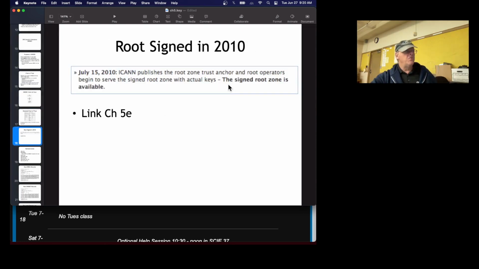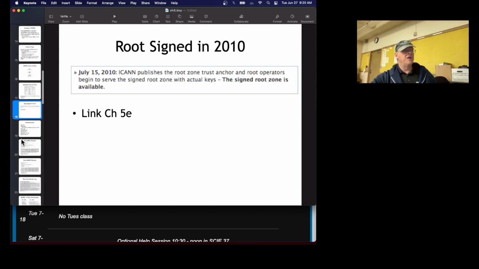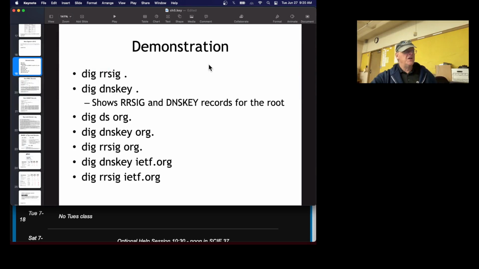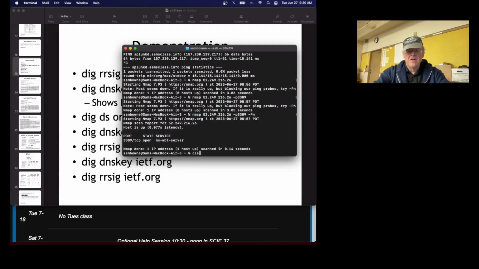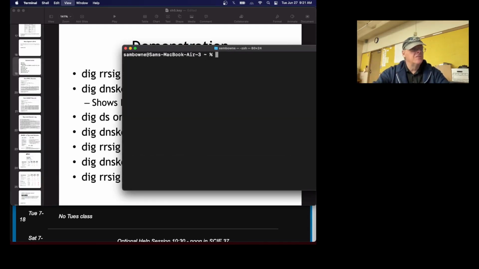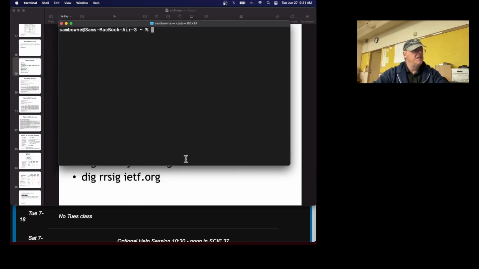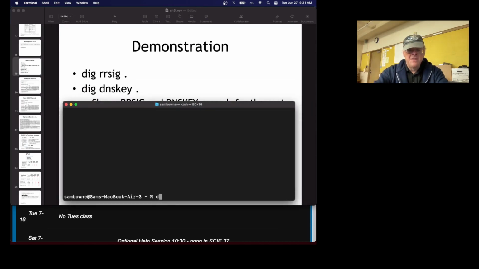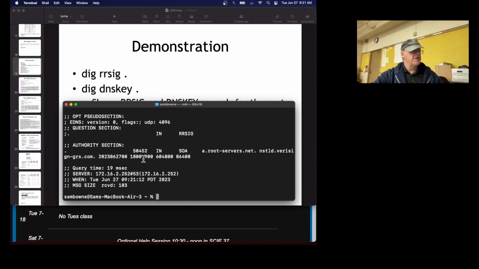All right, so in 2010, the DNS root was signed. That's when it first became available, and ever since then they've had this process I was describing, a group of celebrities being used to verify it every year. So you can see these if you go to a command prompt on a Linux machine like this Mac that has dig. You can observe the signatures of the root. So if I dig rrsig of dot, that is the root of DNS,